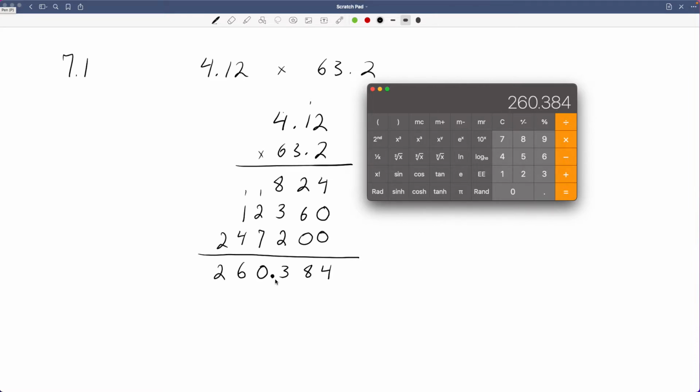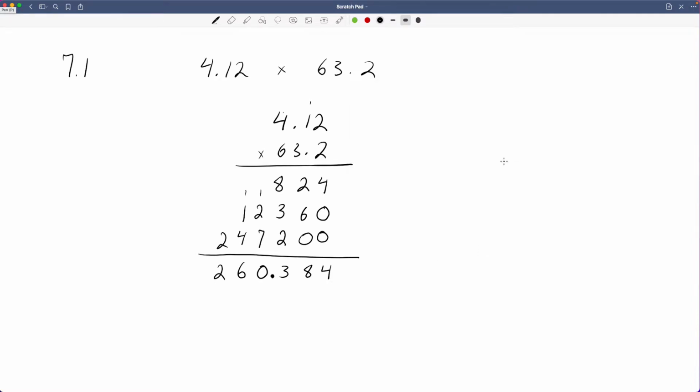260.384. We know that's correct, right? That is the only thing you want to use the calculator for at this point, is to check your work periodically and make sure you're doing it. And especially if you can't seem to get the right answer, then you can pull out the calculator to help you along. But do as much of it as you can yourself on the front end,